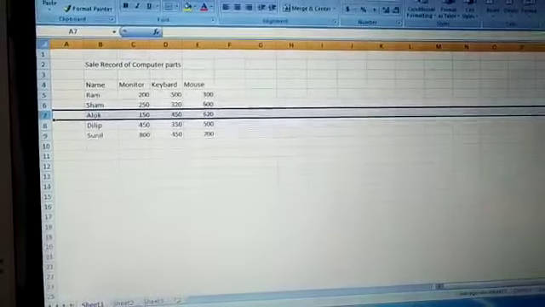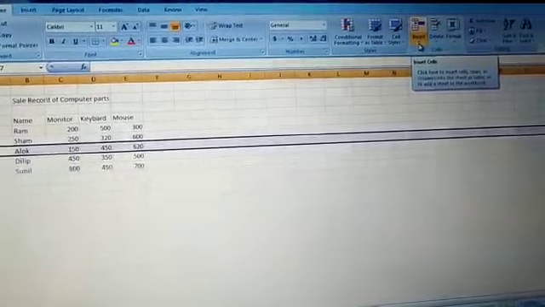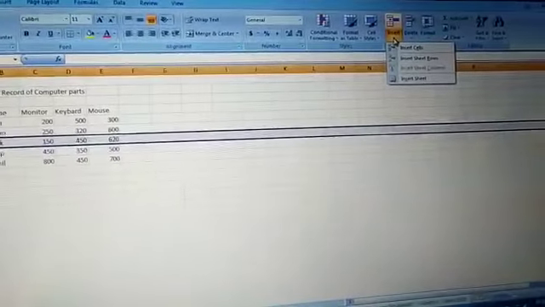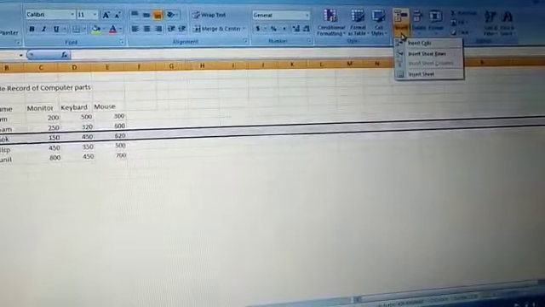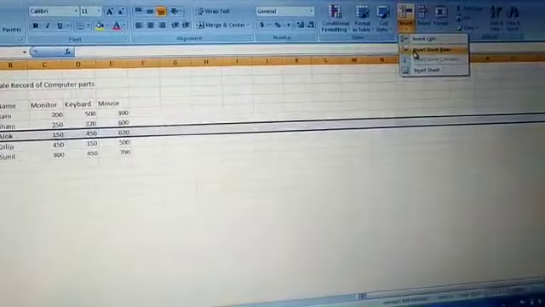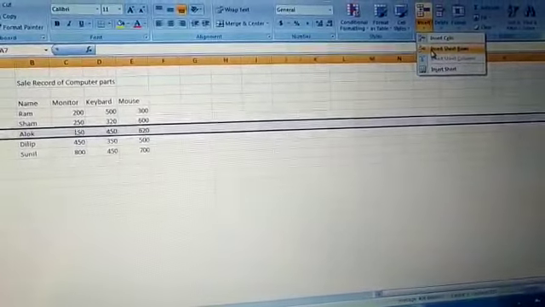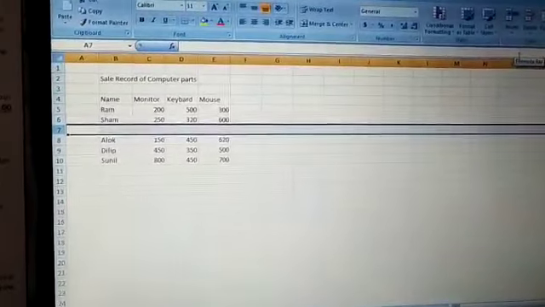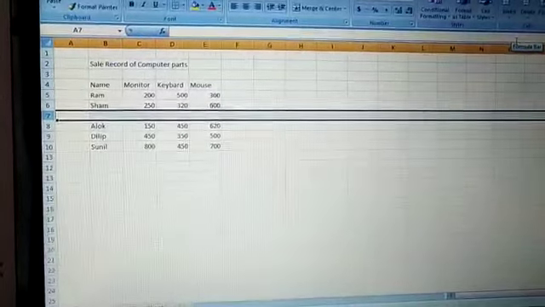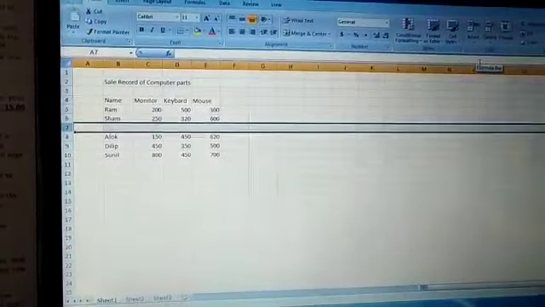Now click on the arrow of the insert. This is the insert option and this is the drop down arrow. Now click on it. As you can see, our dialog box appears. Here different options are given and we are going to insert a new row. So we have to click on it, insert sheet rows. Just click on it. As you can see, a new row is inserted. I hope you can easily understand how to insert a new row.